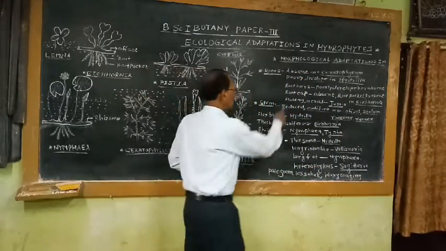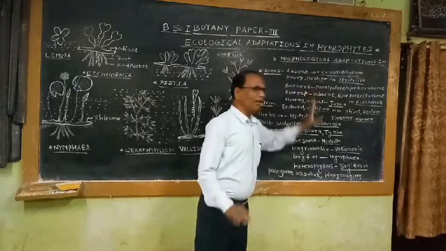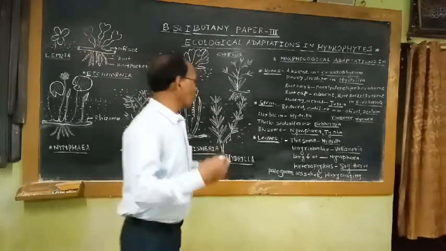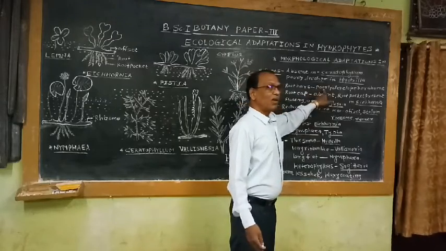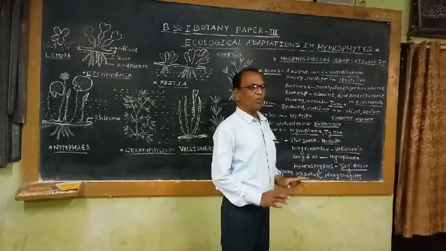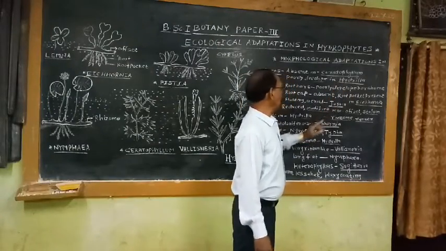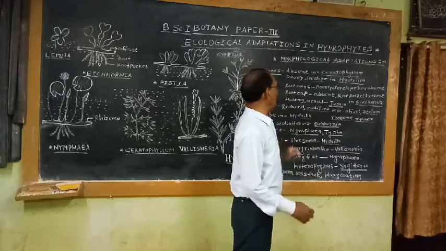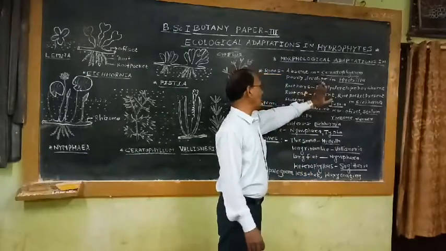Root hairs are also poorly developed, or they may be totally absent in some hydrophytic plants. That means the root system is poorly developed because it lacks many branches and lacks root hairs, etc. That's why the root system is commonly called poorly developed. Root hairs are poorly developed in most hydrophytic plants.